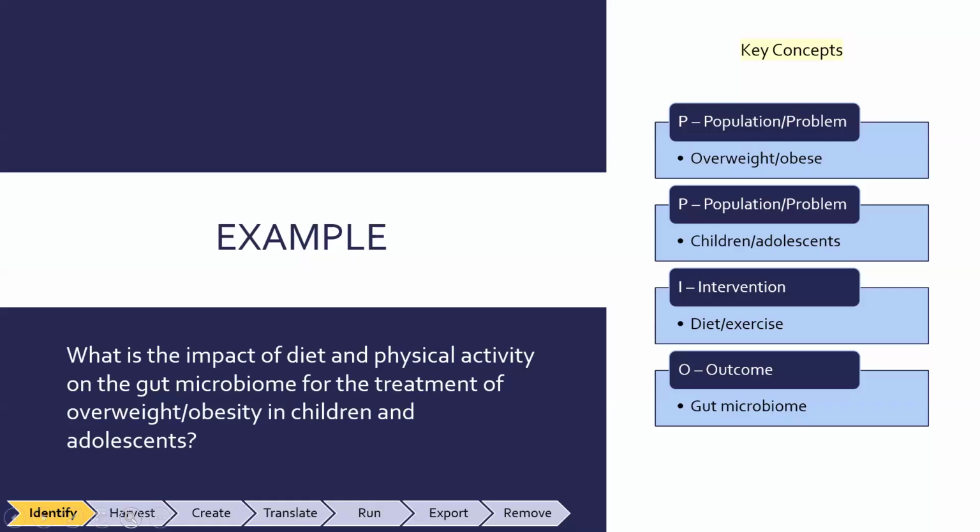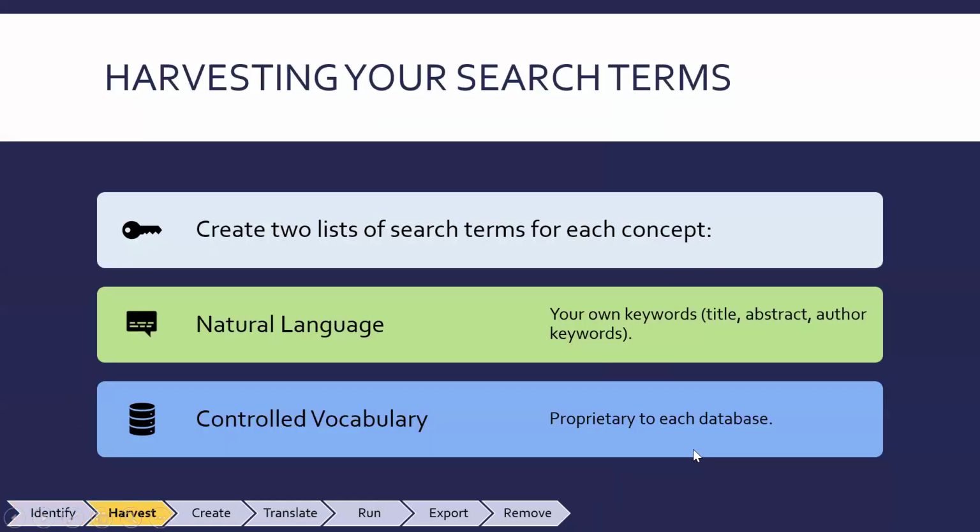Next, we move on to harvest. So we're going to harvest your terms, and then we're going to create two lists for each one of your concepts. Okay, so this is part of the formula. We're creating two lists. We're creating one of natural language, which is comprised of your own keywords, to be found in the title, abstract, author keywords. And then you have your controlled vocabulary, which is proprietary to each database. So why do we do this? Why do we use two different sets of